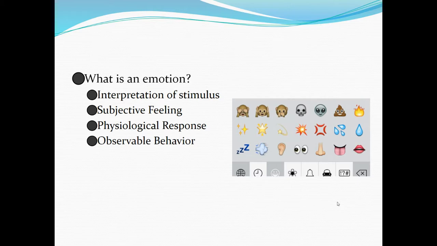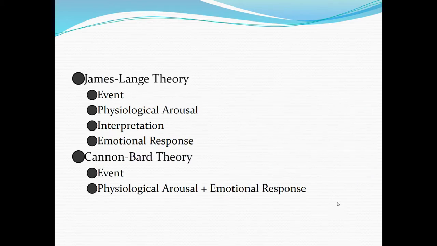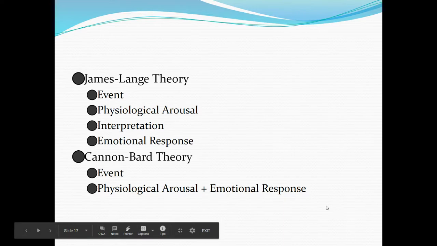90% of these observable behaviors are nonverbal. So we're talking about facial expressions and body language that really demonstrate how we feel about a certain stimulus. These are the four things, but the question is, in what order do we experience them? And in some cases, are all four present? There are many competing theories of how we experience emotions, and truly it comes down to the order in which